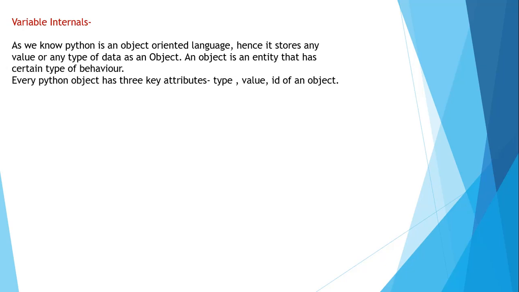An object is an entity that has a certain type of behavior. Now, what do you mean by the term behavior? Behavior means it has to behave according to a certain set of rules, in a certain set of ways. For example, if you declare an object like a pen, the pen should have a certain set of properties or behaviors. Whenever you refer to an object as a pen, it should have the property to write something. It should physically exist and be able to write. That is a property of a pen.